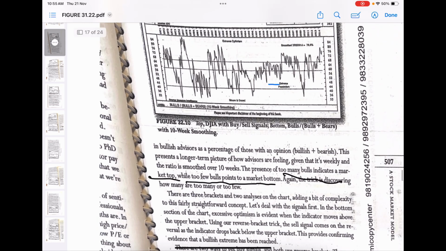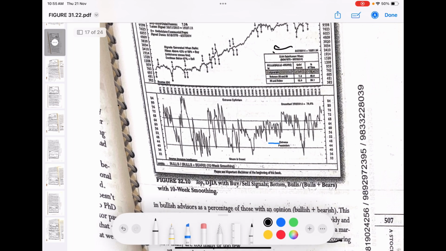Okay, so I'll tell you something quickly. This is how the indicator looks. We have three brackets. The first one is an above bracket, then we have the bottom bracket, and then we have the middle bracket. Whenever the price, listen to it carefully, whenever the price crosses the upper one, you get a buy signal.